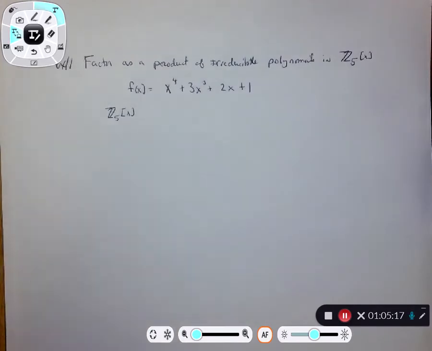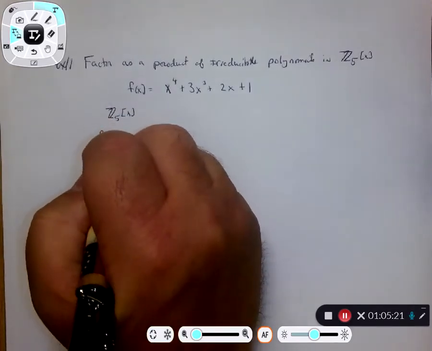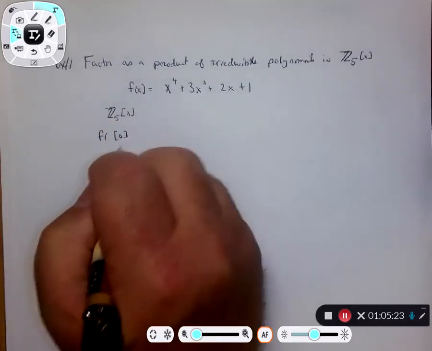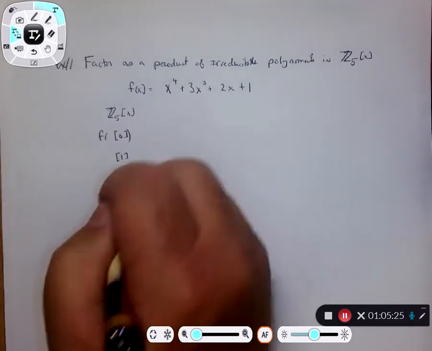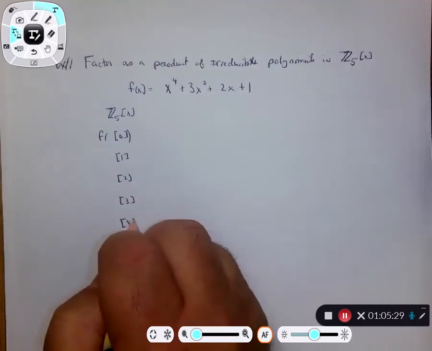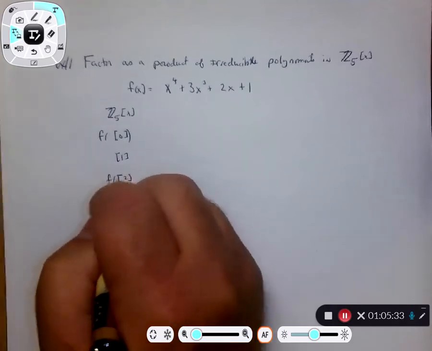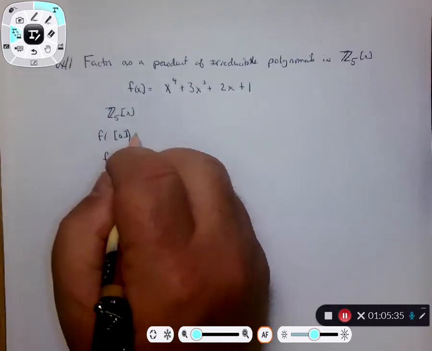So with that, we're going to be checking f of the equivalence classes, a little bit easier: 0, 1, 2, 3, and 4. So I'm going to plug these numbers, 1, 2, 3, and 4, into my